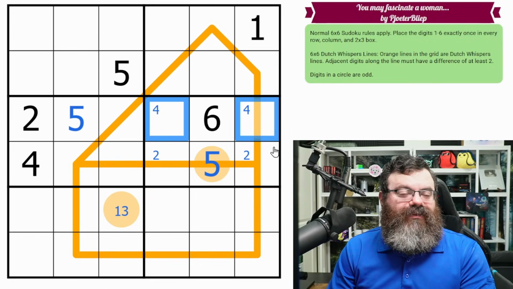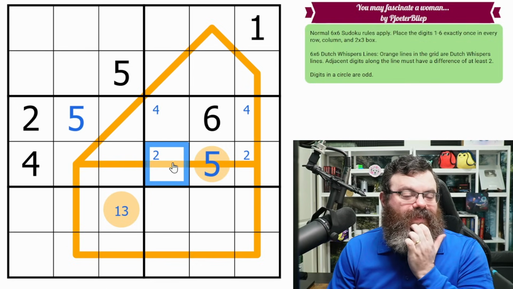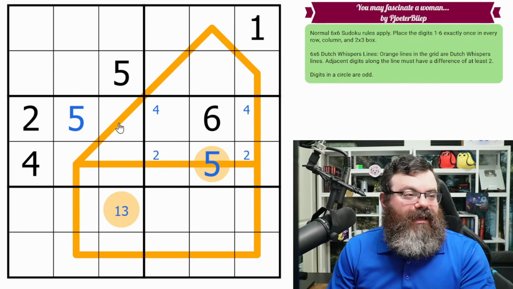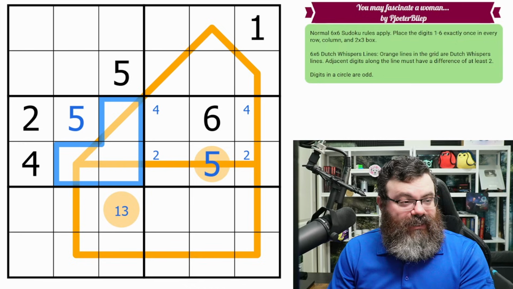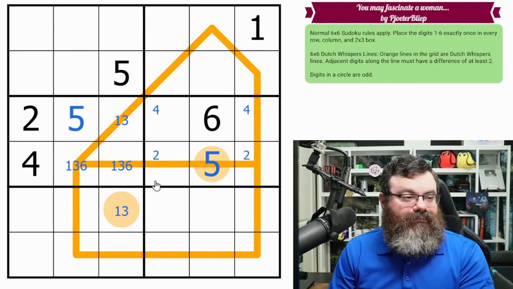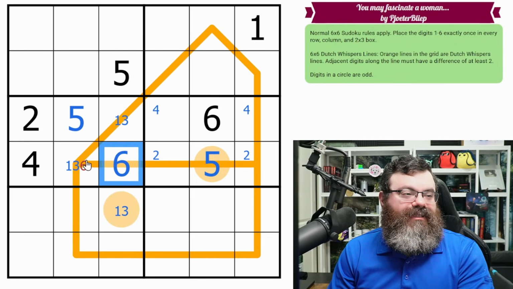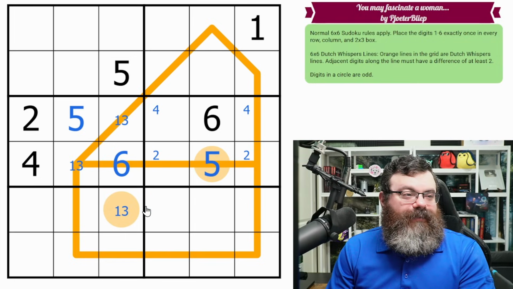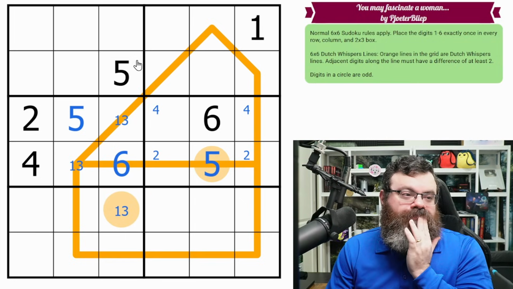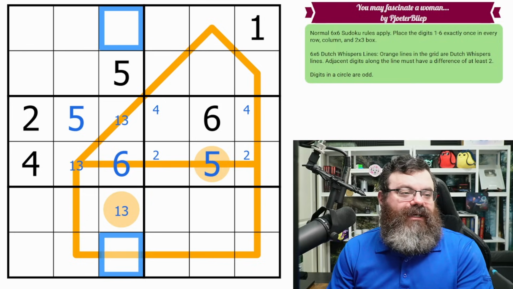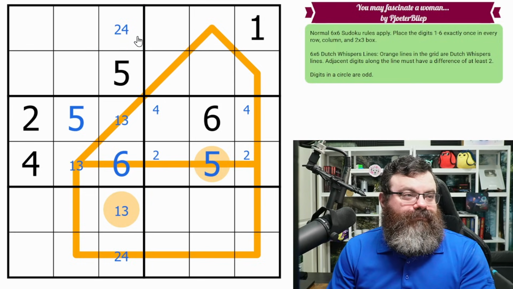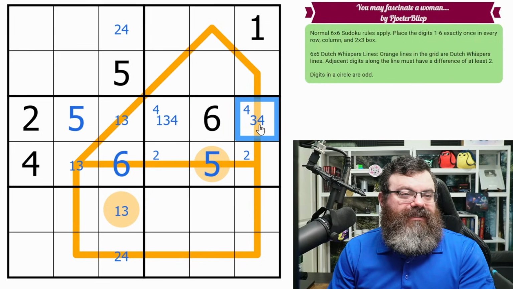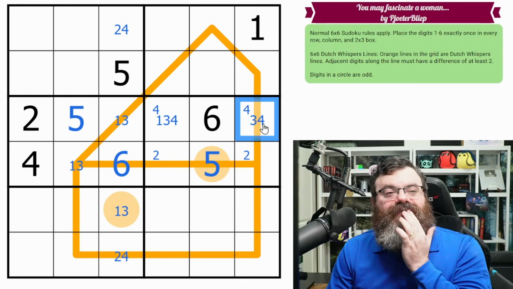4 is in one of these two, but they aren't both on the line, so I guess they're not really super important. This is what, 1, 3, 1, 3, 6. That's not a 6. That makes a 1, 3 pair in this column, so that's a 6. That can't be 6. Rest of this column is a 2, 4 pair. Let's see. How about this row? 1, 3, 4. That's not a 1. Okay, so 3, 4 is interesting